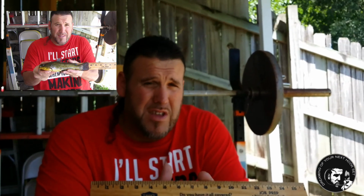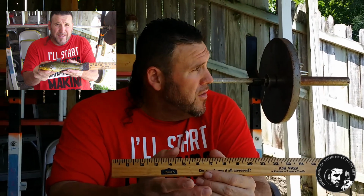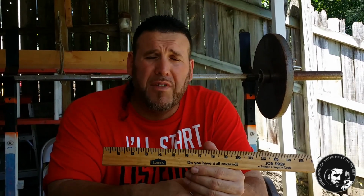Man, we got a bunch of them. We got a lot of them in our ponds, our creeks and stuff like that. But the yellow bullhead is the one that I've seen the most. I do see some brown bullheads from time to time, but this family of catfish here,